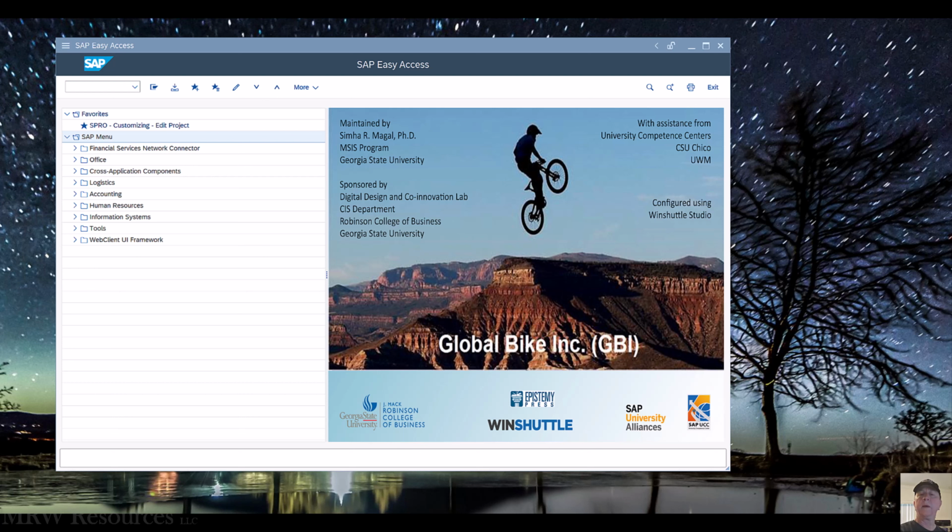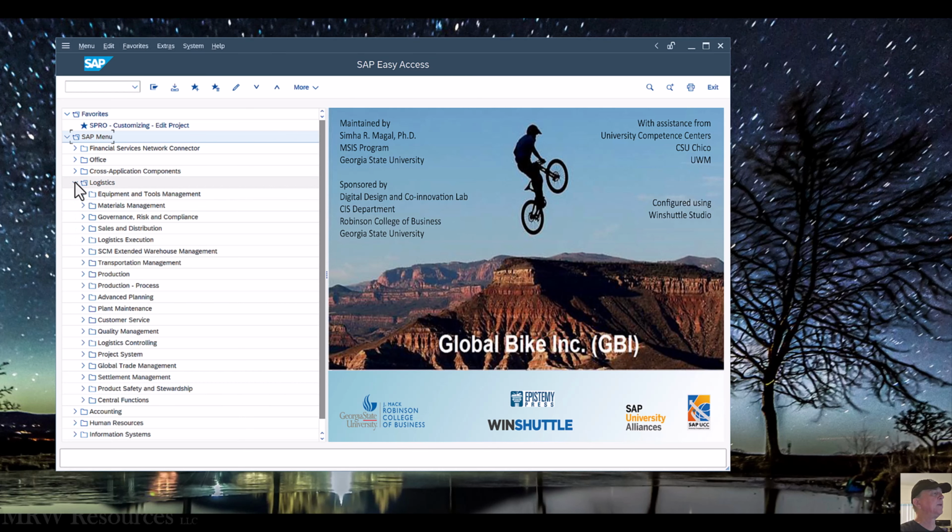For this example, we are going to set up a new material in Global Bikes that we can then buy and work with in the organization. All right, so let's go ahead and get started. In this case, instead of the accounting module, we're going to be digging into the logistics module. In SAP, the logistics and purchase and payments and all that is contained under the MM module, what they call materials management. All right, so we're going to go into logistics, materials management,